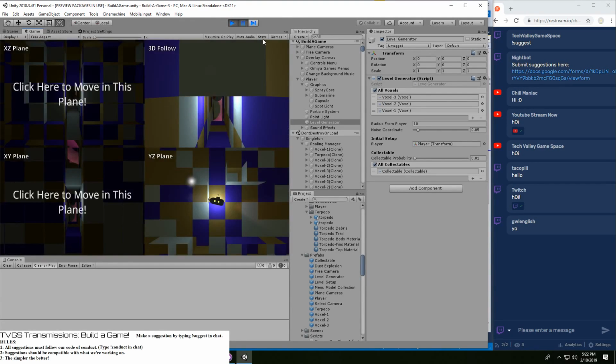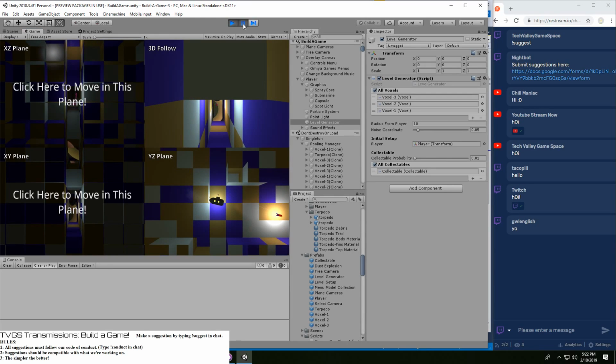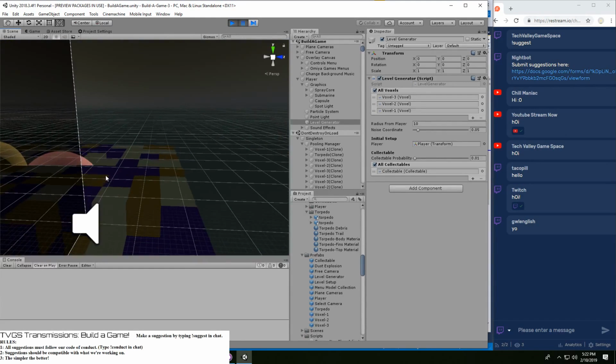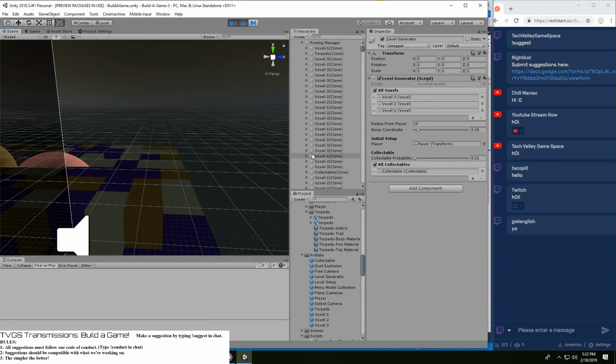I'm trying to see if... Okay, there we go. So there's our torpedo right there, and the torpedo is not very visible.